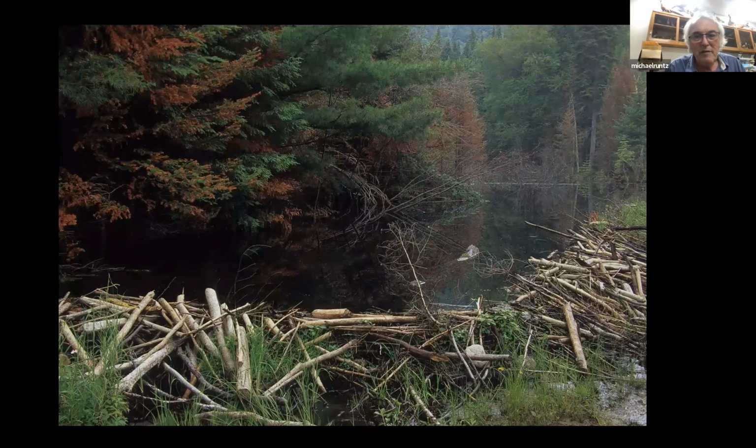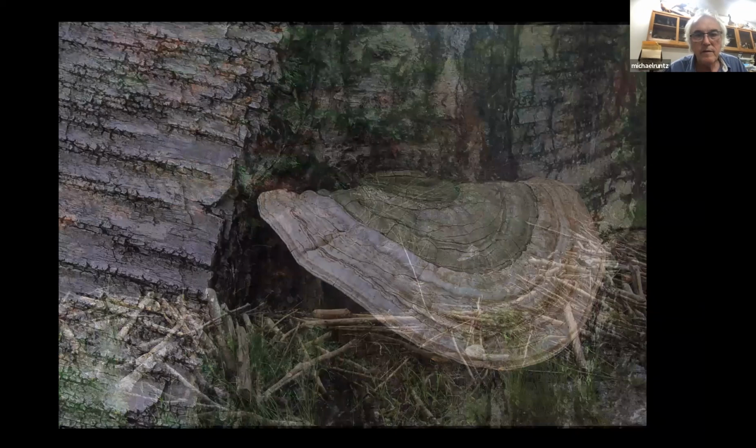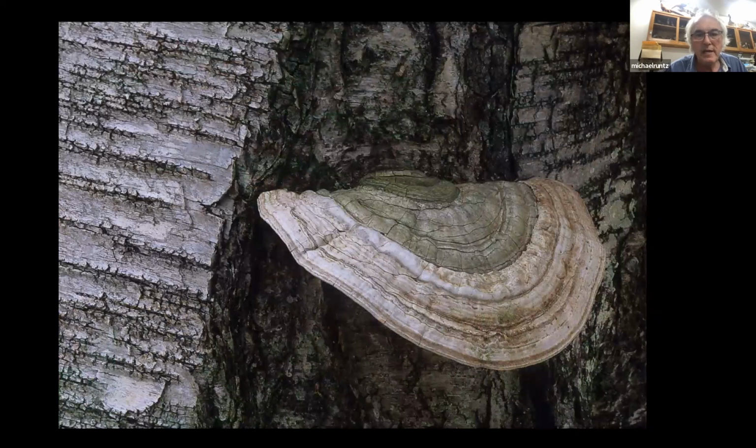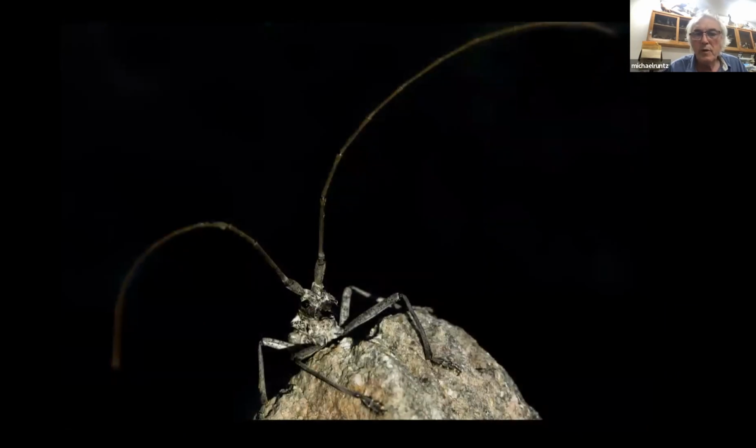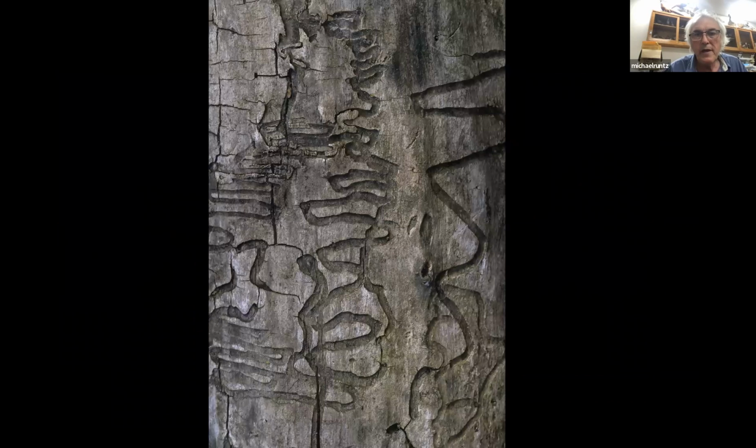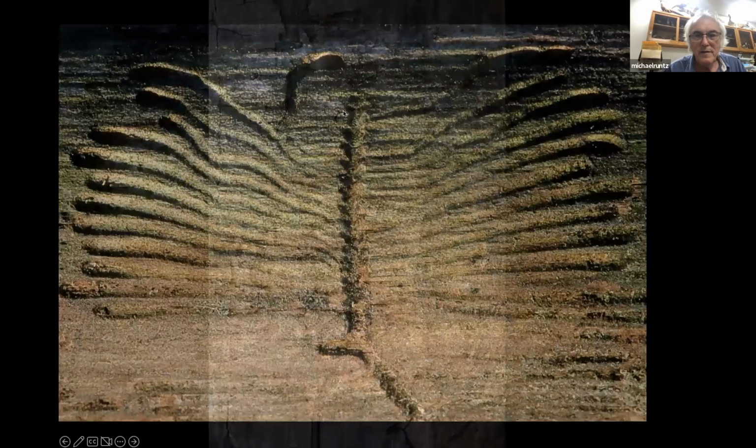But there's one aspect of beaver ponds that people don't like, and that is, as the pond develops, it drowns trees, and people see dead trees quite often as a negative thing. Well, as the trees begin to die, defenses wane, different fungi will grow on them to digest the wood. The weakening trees attract beetles like longhorn beetles that lay their eggs under the bark, and the larvae eat the wood. There are things like flat-headed borers, young jewel beetles that chew their patterns under the bark, as do bark